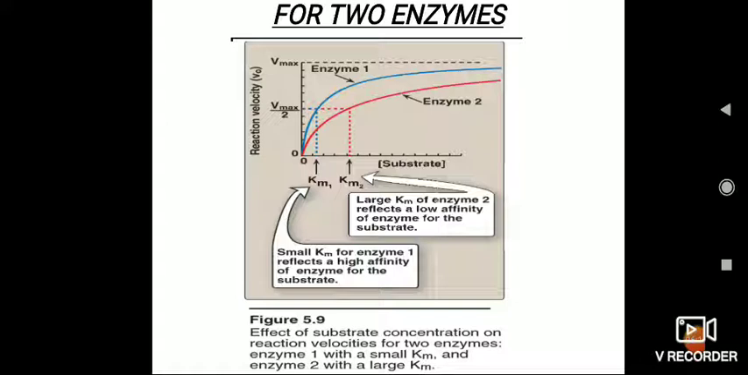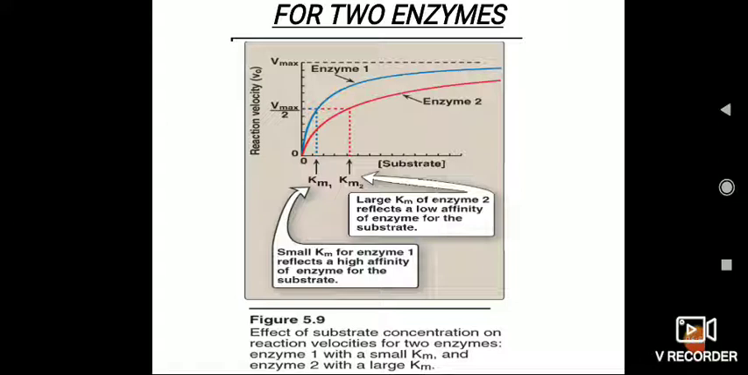Now this graph shows the effect of substrate concentration on reaction velocity for two enzymes. In this, enzyme 1 with smaller Km and enzyme 2 with larger Km are shown. The enzyme with the smaller Km, that is enzyme 1, will have a high affinity of enzyme for the substrate, and the larger Km enzyme will have a low affinity of enzyme for the substrate,